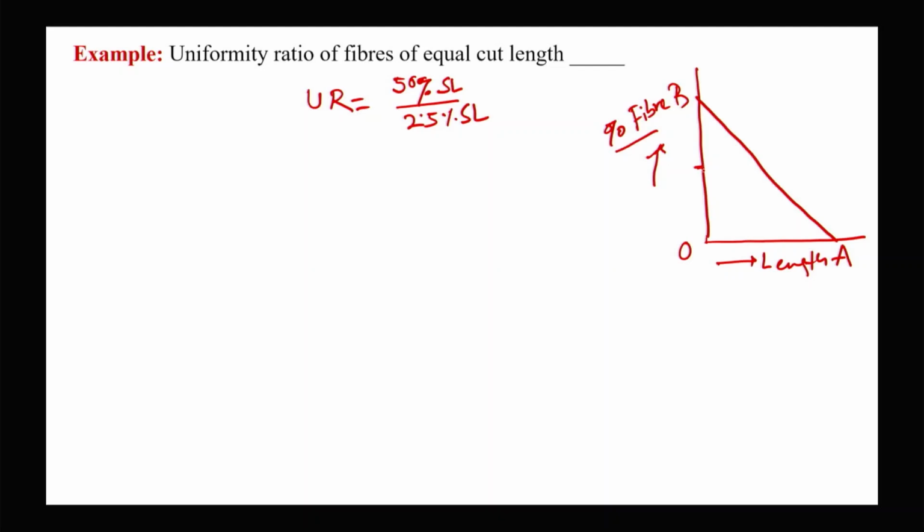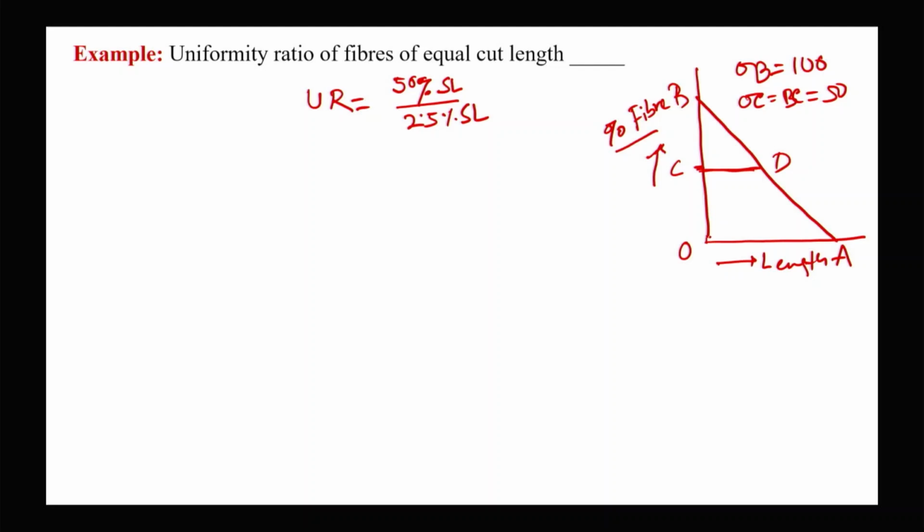At the 50% half point, we are drawing one line which is 50% span length, CD, and 2.5%. So if OB is 100, OC equal to BC will be